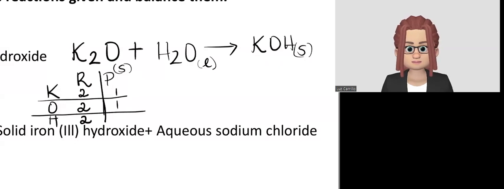To balance this reaction, what I need to do is place a coefficient of 2 in front of KOH. Remember that we don't change the subscript. We put a coefficient in front of the whole chemical formula for the atoms that we're trying to balance. We don't do it before the element that we're trying to balance. We do it before the whole chemical formula. So taking that into consideration,